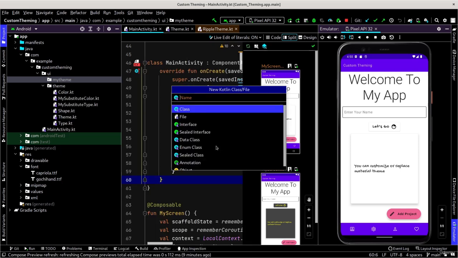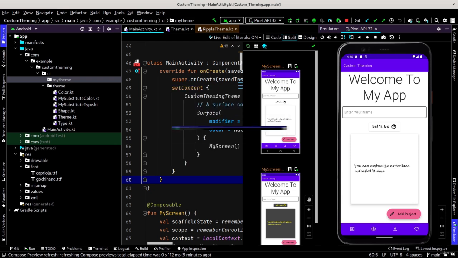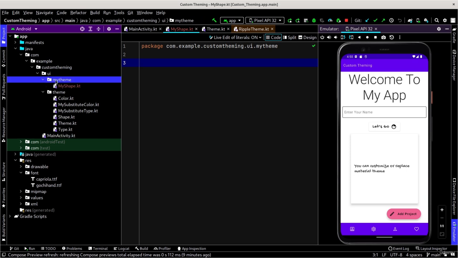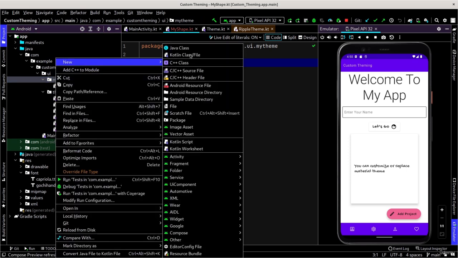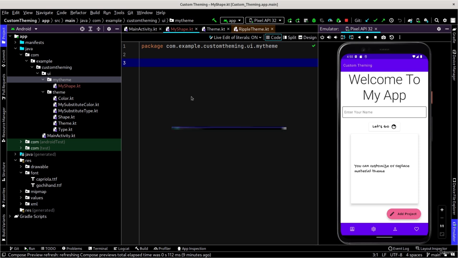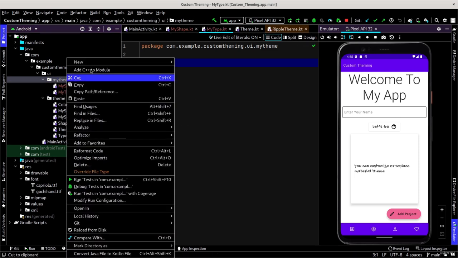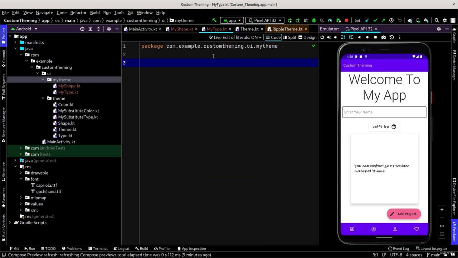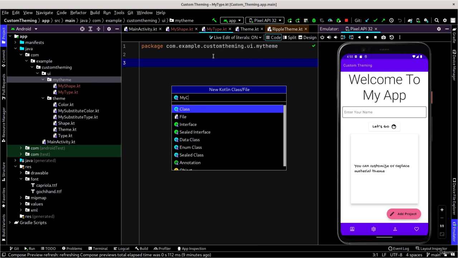So let's create one for shape. I name it my shape. I create another for typography, my type, another for color,